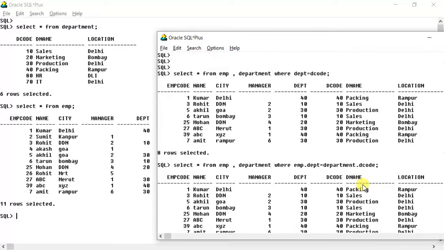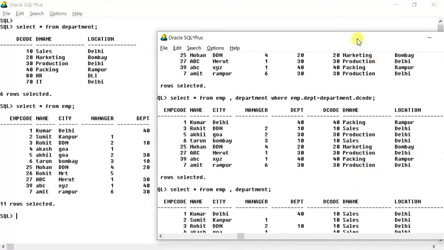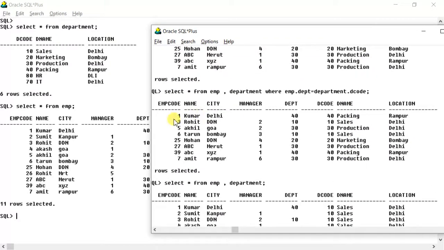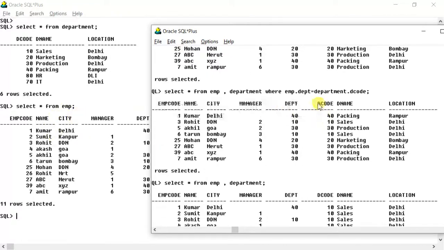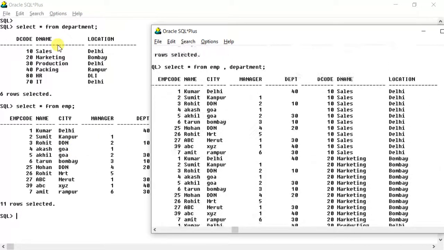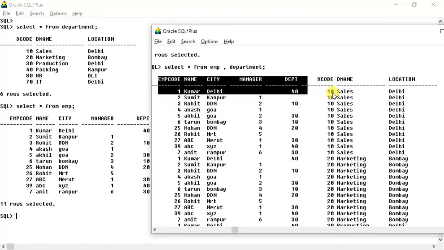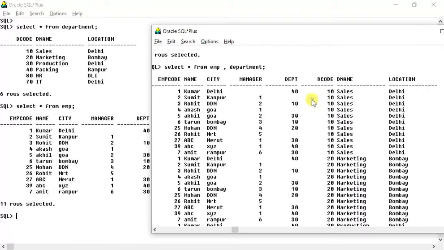Up to here the data is coming from the employee table, and from here the data is coming from the department table, in this Cartesian. Now listen very carefully.